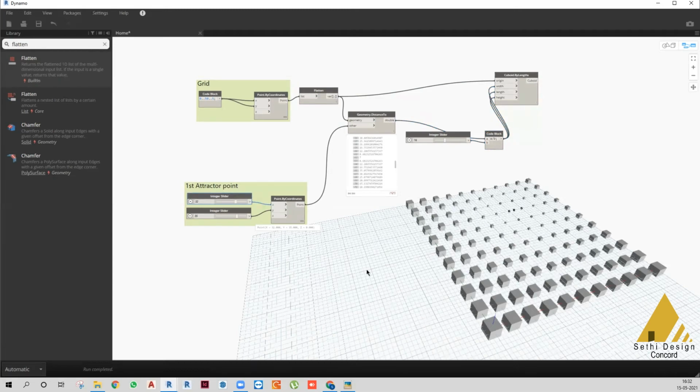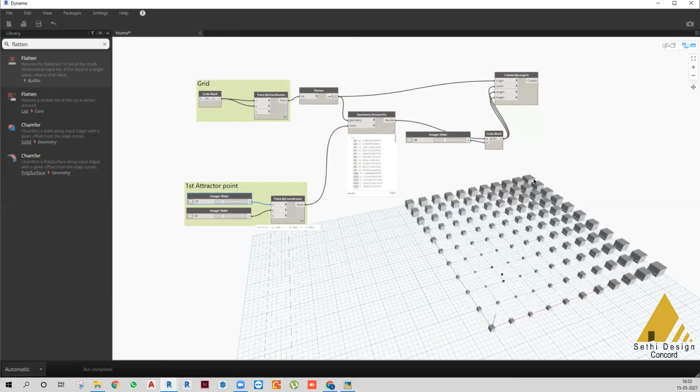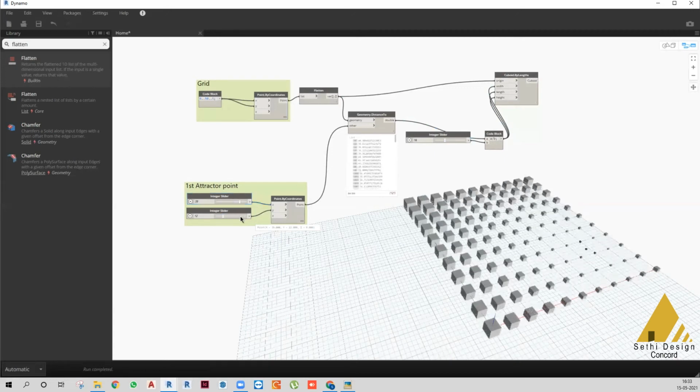you can see, of the cube size on the screen. So when I change this attractor point value to shift maybe somewhere there to here, the whole grid moves. Look, so we have successfully created one attractor point. Now let's change this script to create a multiple attractor point.